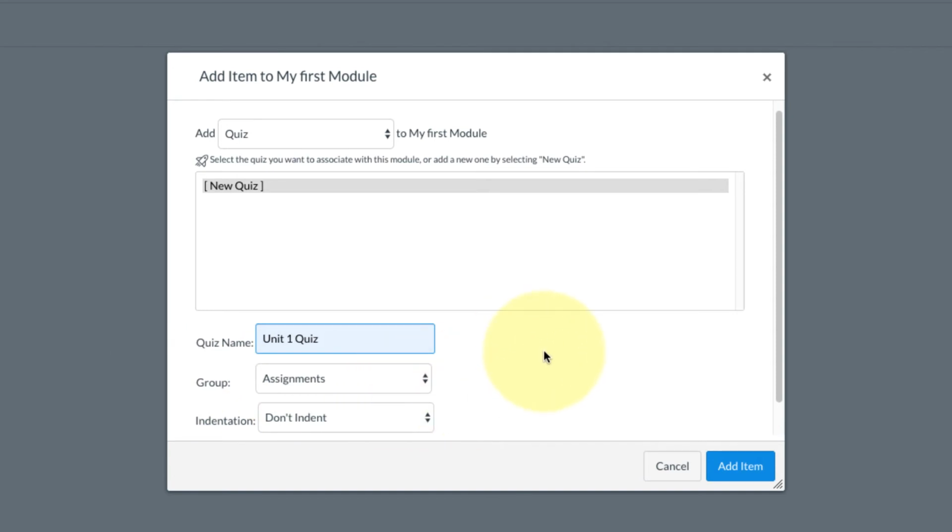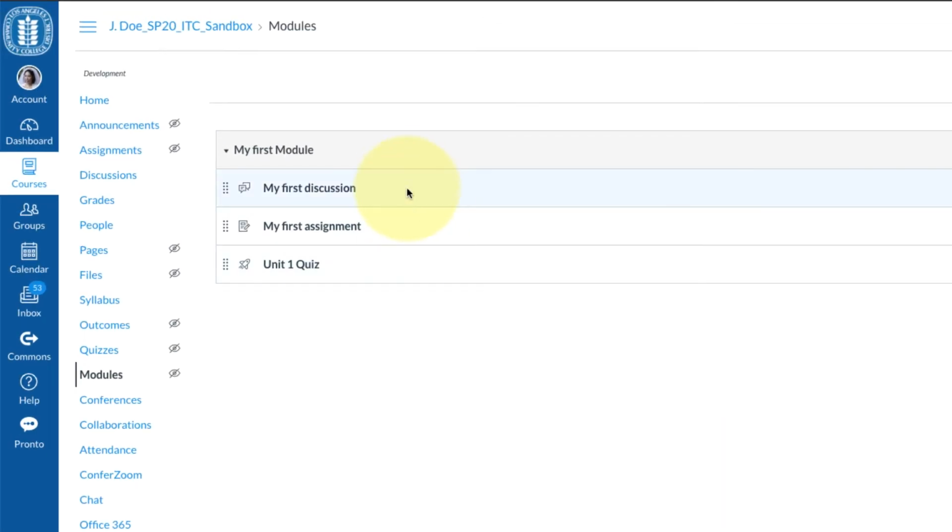Basically, anything that has points is going to be deemed an assignment in Canvas, even though it's a little confusing because essays are also called assignments, written submissions are also called assignments, discussions are also called assignments. So we'll worry about that later, but I just want to throw that out there for now. So now we've added the quiz, kind of, we've named it, and then blue buttons, right? We're going to click that. And there we go. So now we have created a module and we've added placeholders for a discussion, an assignment,